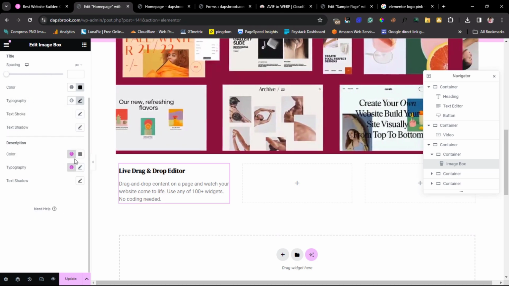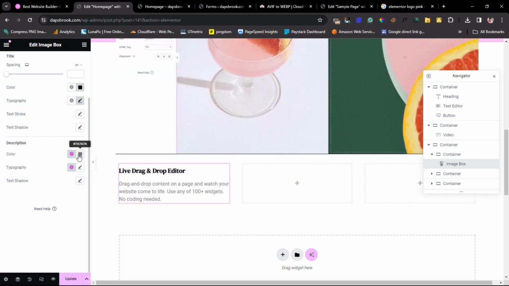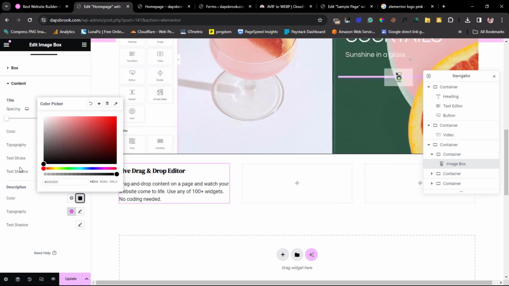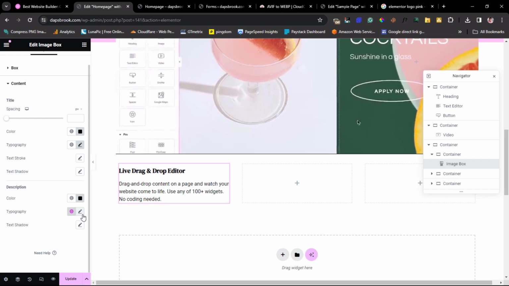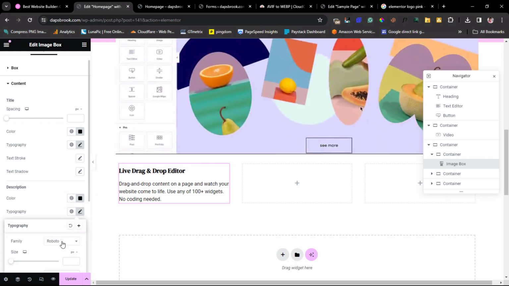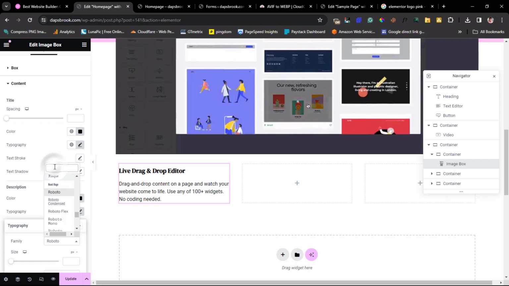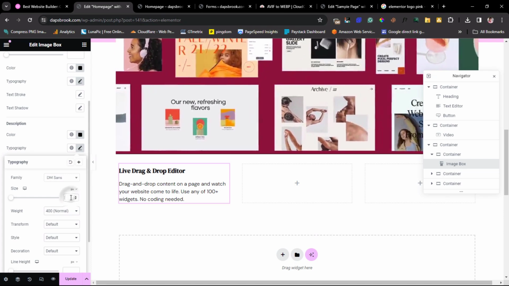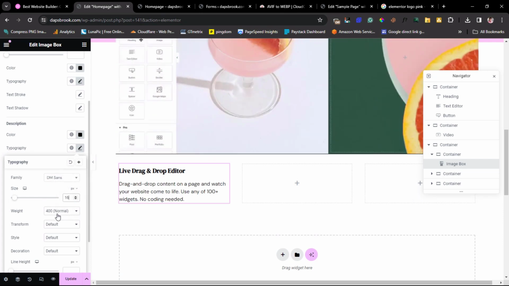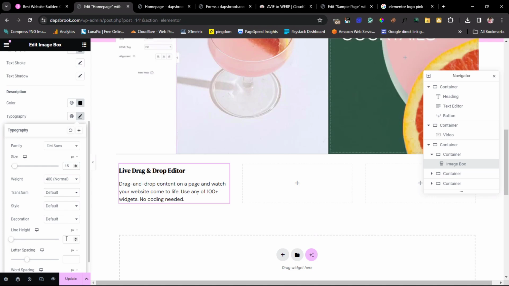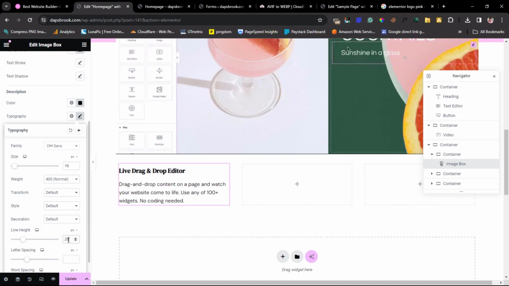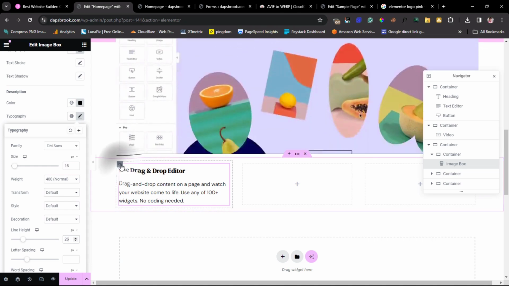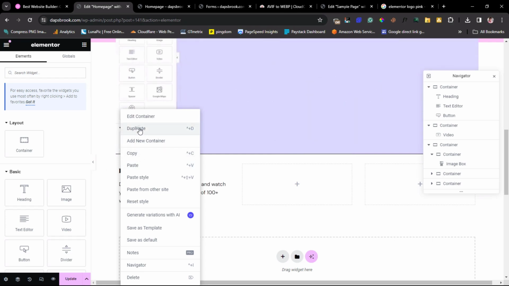Let's come to a description. The color should be black still. I'm not sure, but I'll just work with black. And then I can do my typography to be the same thing we have been using, DM Sans. Yeah, the size is 16. Font weight is 400, which is good, and the line height is 26. Good. So that's it. We've been able to replicate the same thing there, so we can just easily duplicate this